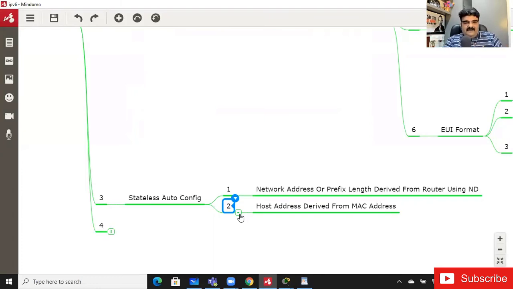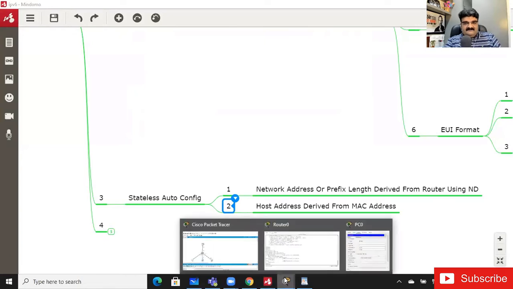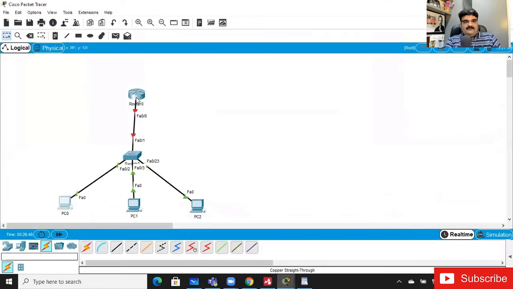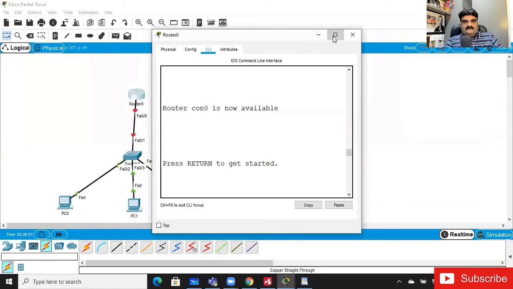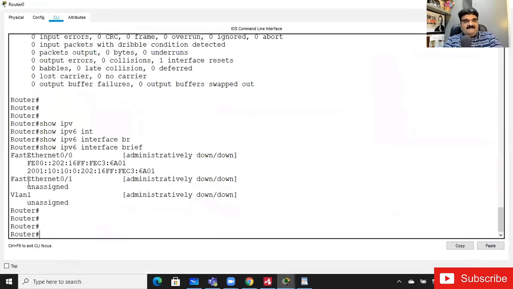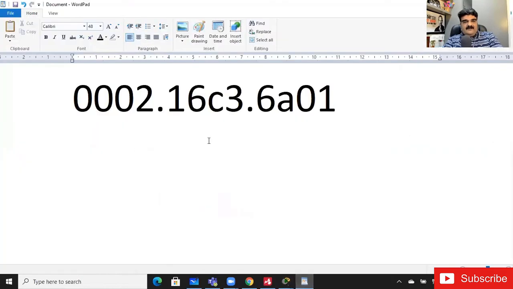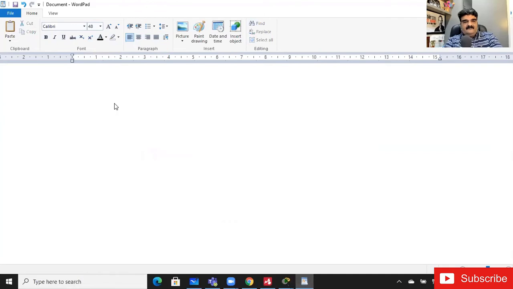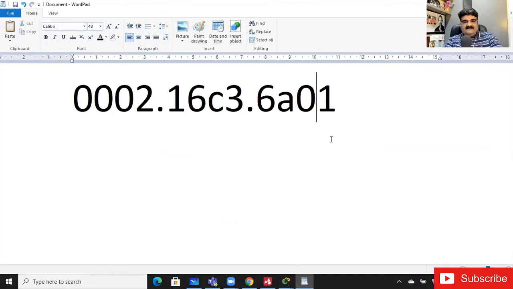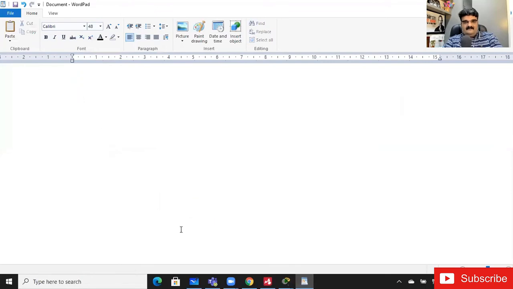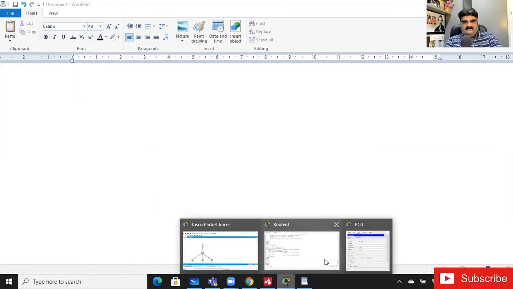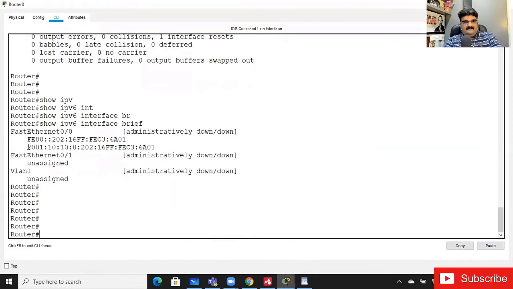So let me try this. I'm going to enable my interface. It has IP 2001:10. So this will be the 64-bit network bit, right? So it will be derived from the router itself. Let me copy this over here. Yeah, this 64-bit is the network bit.